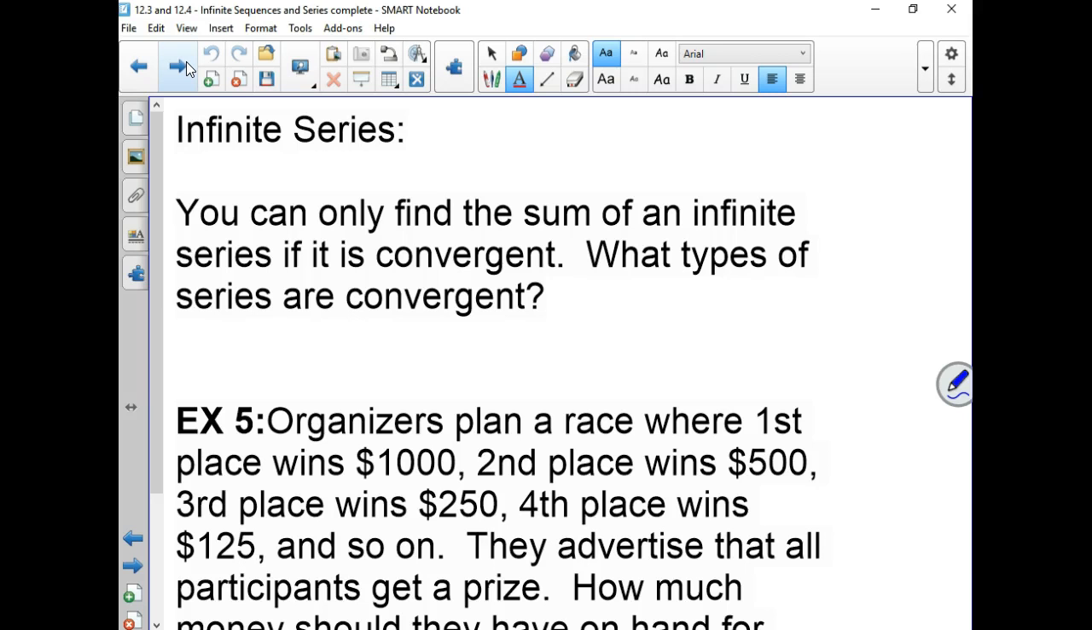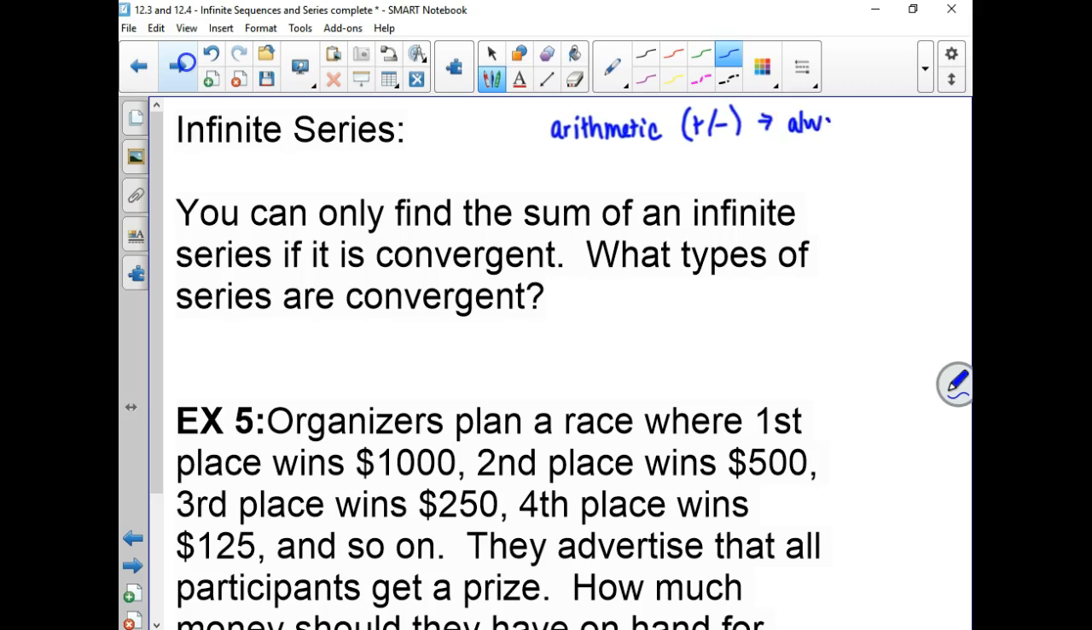So arithmetic sequences, we might want to jot this down, arithmetic, which is the ones where you add or subtract a number, they are always divergent. Okay, always divergent. Okay, geometric